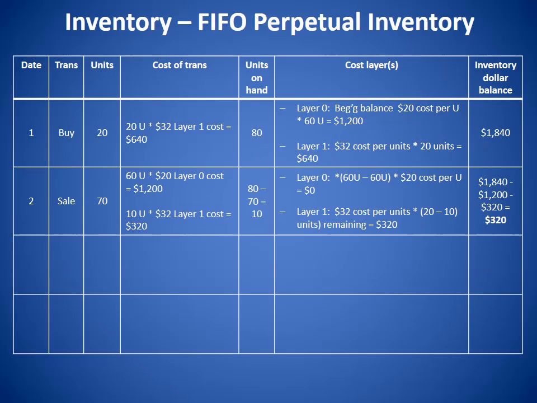Okay, in this particular transaction, we had a sale where we sold 70 units. Now, the way we have to cost this becomes a little bit more complex because now we have to deal with layers. The first thing we have to understand is that we liquidate our cost layers starting with the newest cost layer, in other words, layer 1, and then if we have to, we'll go back to layer 0. So in this case, we take a look at this and we basically have,